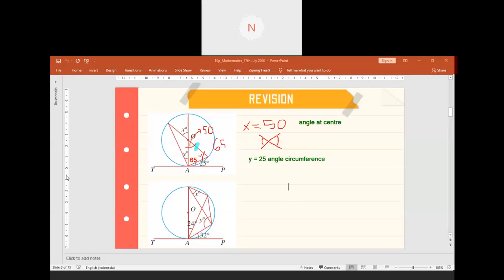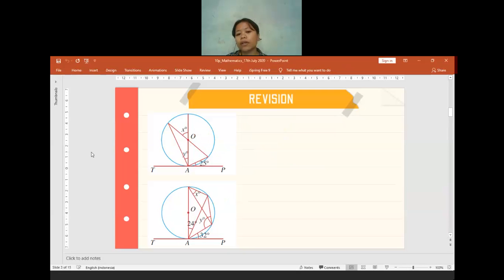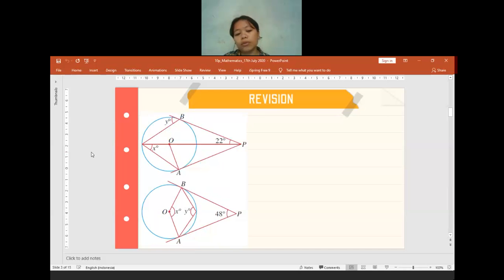No one? Okay, for the next question, this will be your homework. Later I will share all the slides with you. I will skip number 2 and continue to the next question. Is there anyone who has any difficulties at the first diagram? No. Okay, I will move to the next question then. Which one do you want me to discuss, the top one or the bottom one? One of them will be the homework.